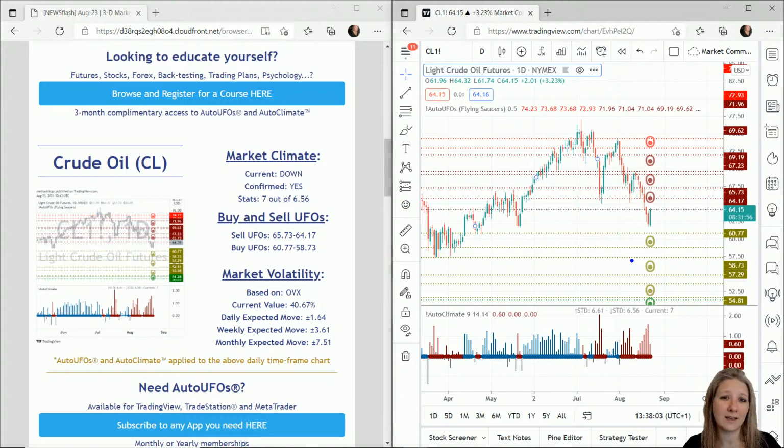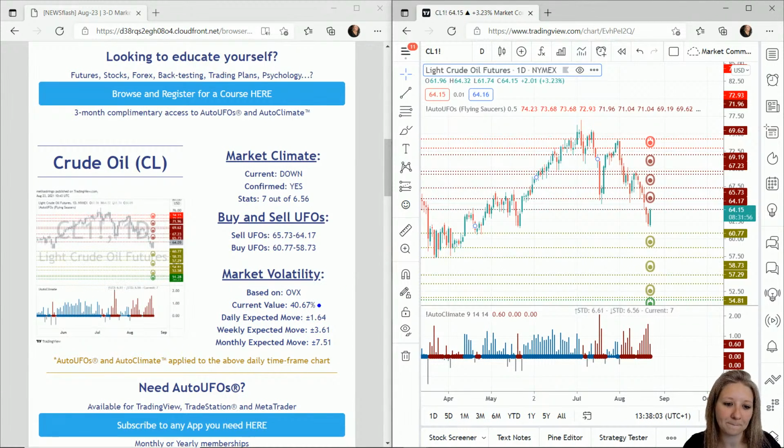Now notice I say things like probability. I'm not saying it's definite. Nothing is guaranteed ever, let alone in the markets. So we still would manage our risk. We would still use different variables perhaps to increase our probability rate, but we at least want to know where the probabilities lie. For the case of crude oil on a daily chart, we have overall probabilities to the downside